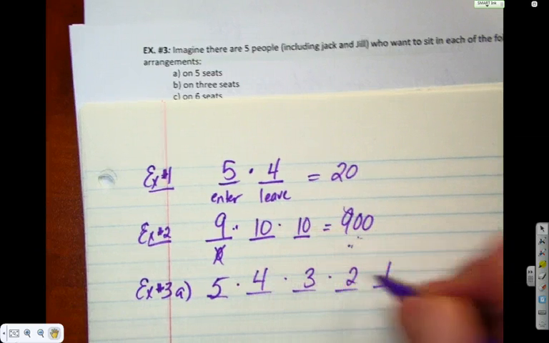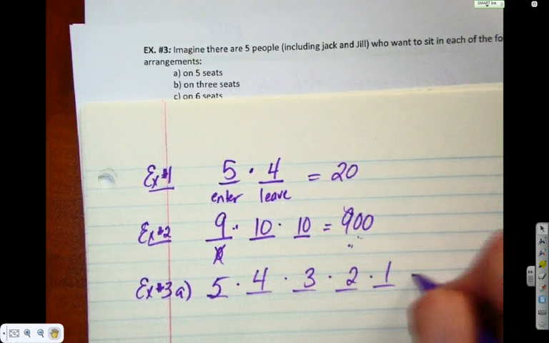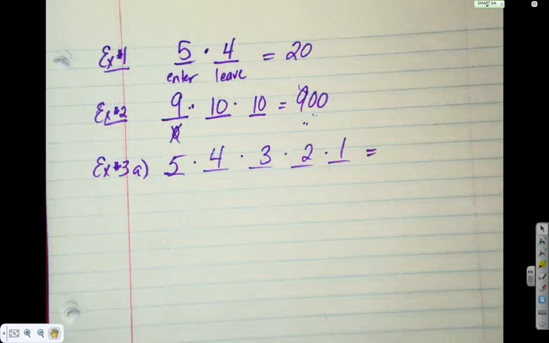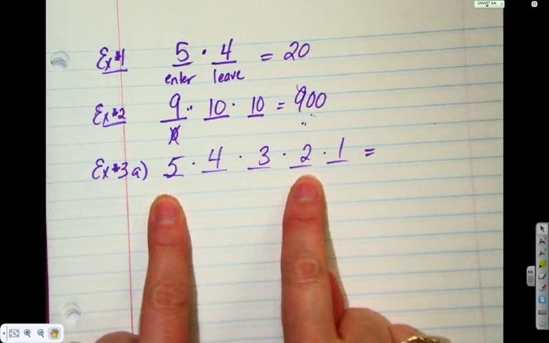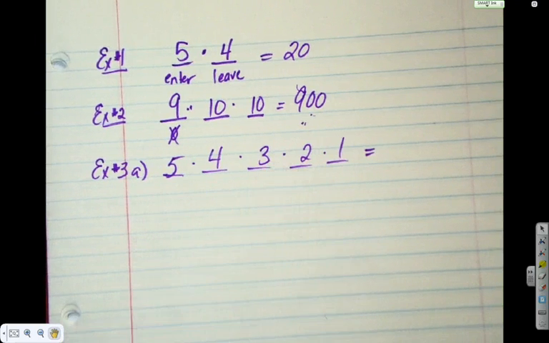The fundamental counting principle says we multiply. This you would be expected to do without a calculator. So go with whatever your brain sees first. Some brains see the 5 times 2 to make 10. Some brains see the 4 times 3. Go with whatever your brain sees first. You don't need to always multiply numbers in order.